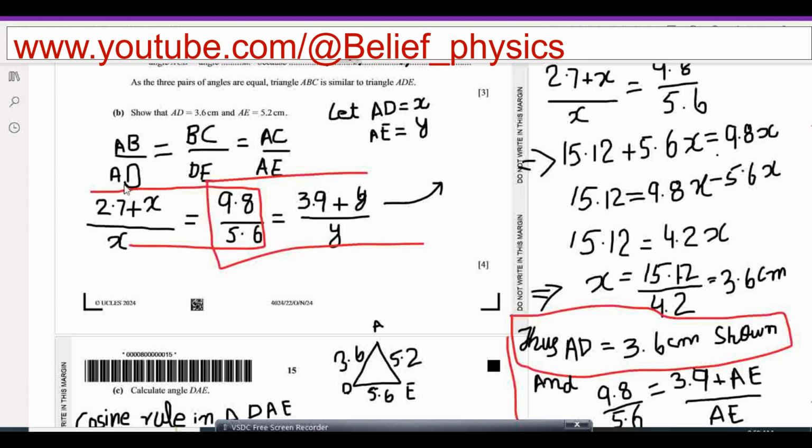We have two pairs of equations. One is this pair: (2.7 plus x) over x is equal to 9.8 over 5.6. If we solve this by cross multiplying and simplifying, we get x equal to 3.6. Because x is AD, AD is 3.6. That's what we had to show. Next is